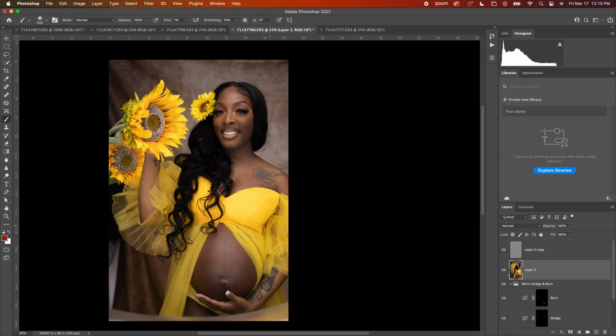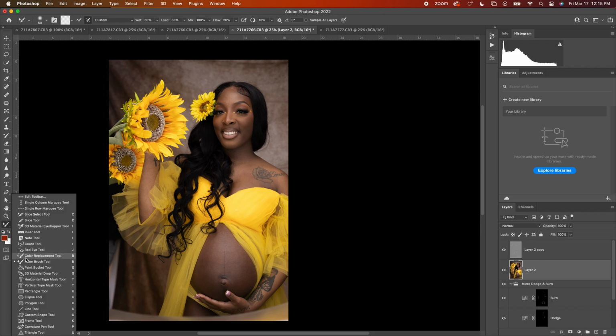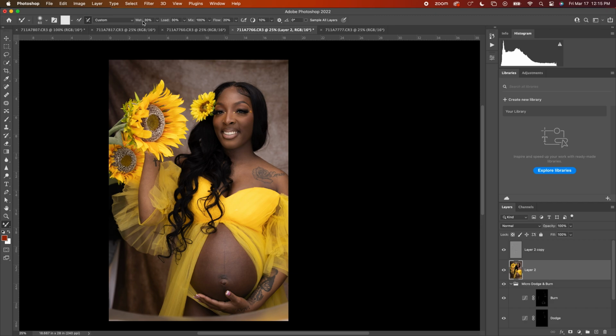You want to go back to the layer below. You want to use the Mixer Brush, right? The Mixer Brush is right here. Copy these settings down: wet 30, load 30, mix 100, flow 20, right? Copy these settings down. And what you want to do is, a lot of people make mistakes and they edit